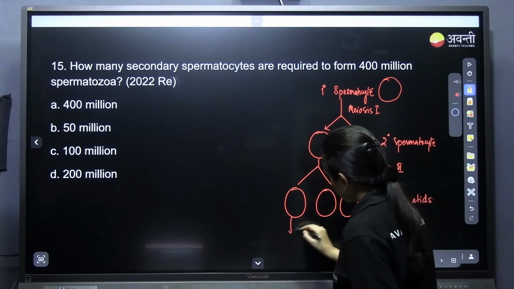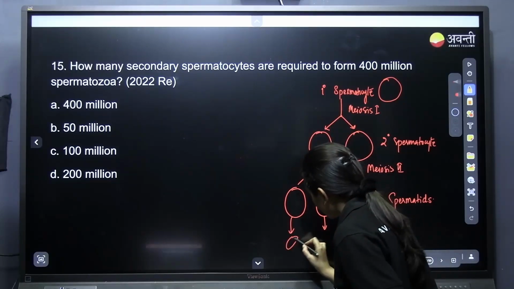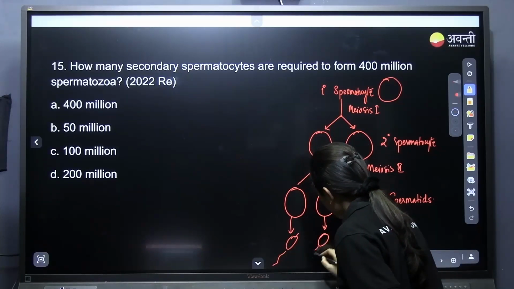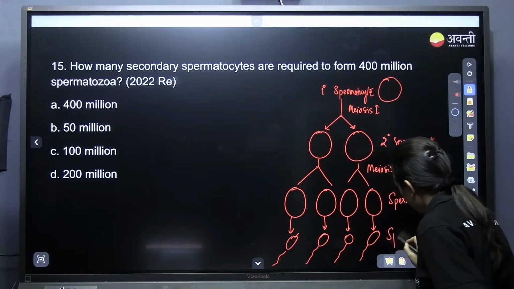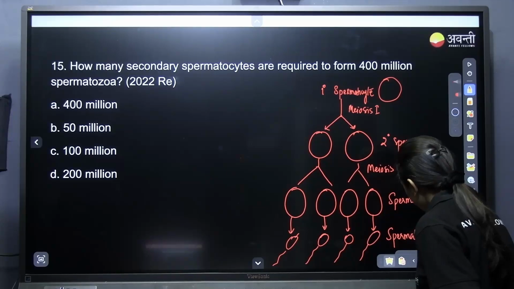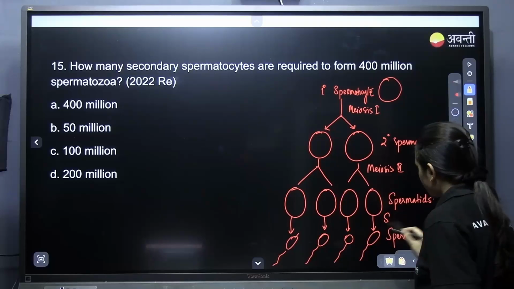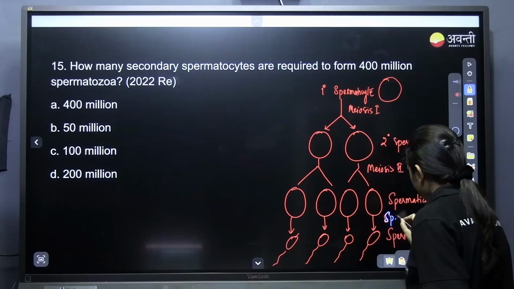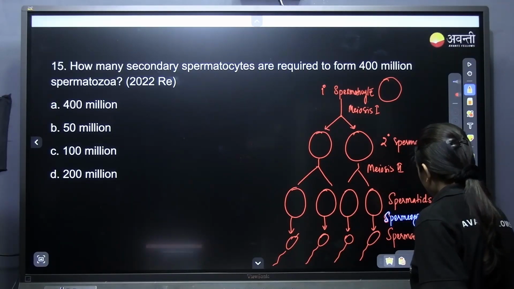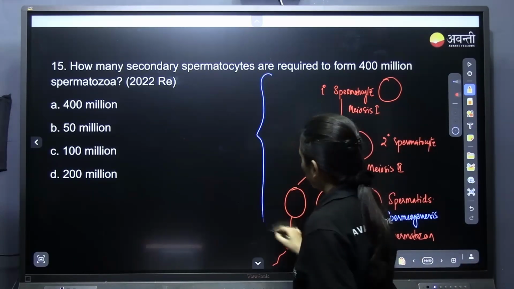These spermatids undergo differentiation to form 4 spermatozoa. This process we call spermiogenesis. The whole process we call